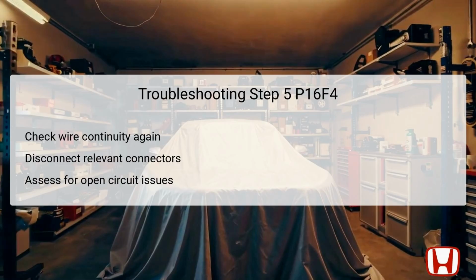In the 5th troubleshooting step, you'll perform another continuity check specifically for the starter cut relay 2 control wire. Once more, turn the vehicle to the off position and disconnect the relay circuit board connector. This disconnection is vital, as it allows for the testing of continuity between specified terminals in the PCM and relay